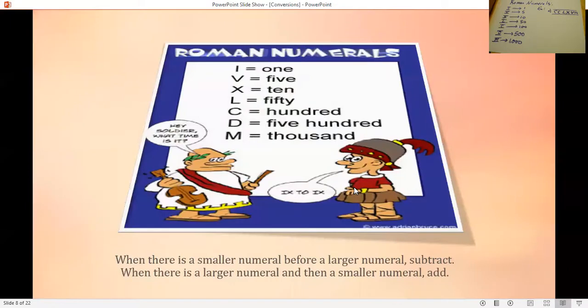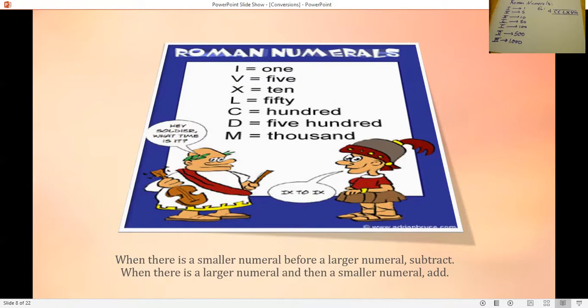You could look this up on the internet. You just Google them. This is something out of Google Images just to make it funny. Caesar is saying, "Hey soldier, what time is it?" And then the soldier is trying to say 9 to 9, which is kind of a silly idea. But anyway,